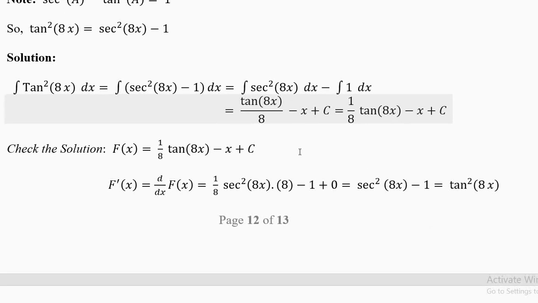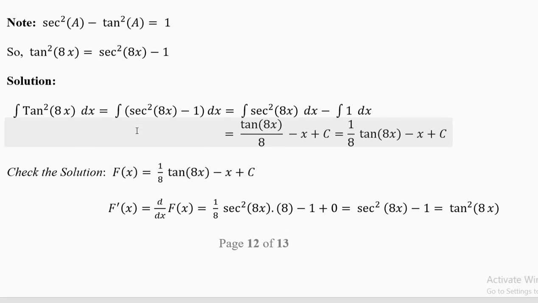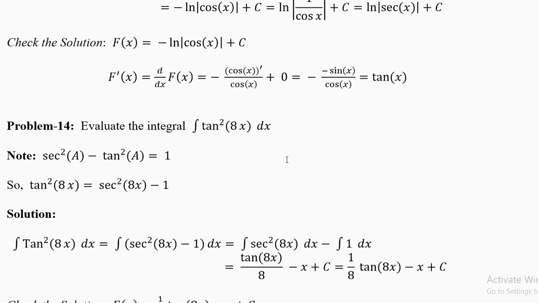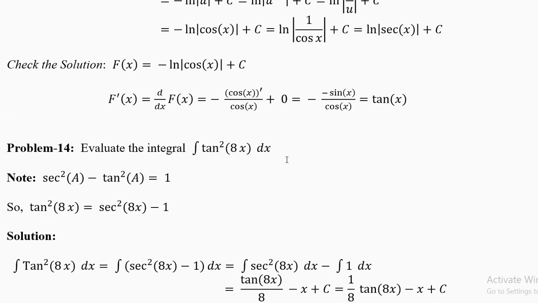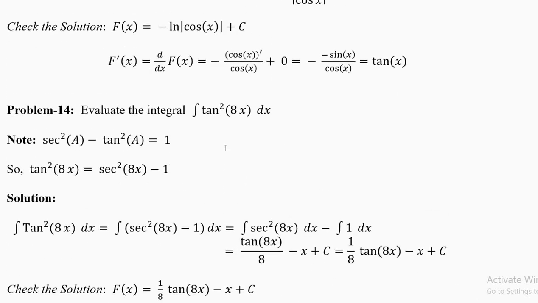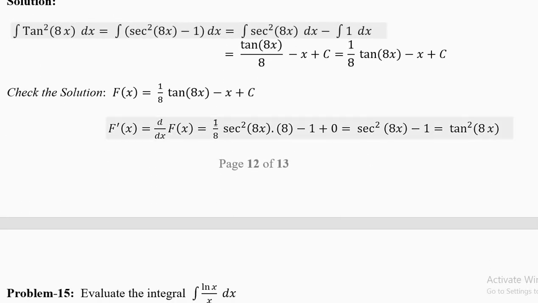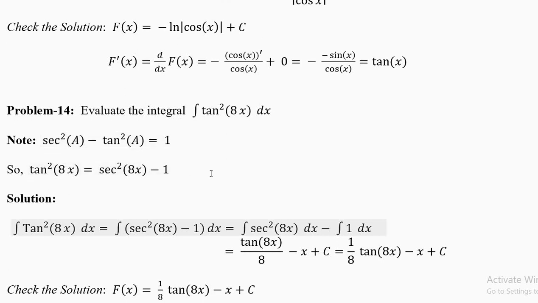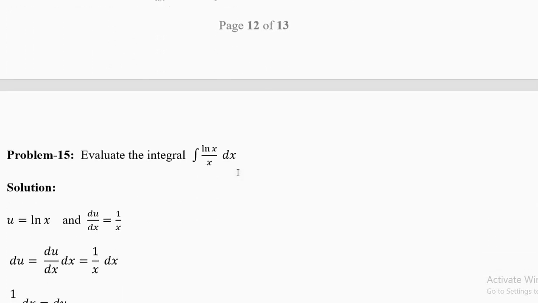Now again, we'll differentiate this answer and check. f of x equal to 1 over 8 tan 8x minus x plus c. We are not using the u method in this, but this question will come in this topic because we are using u a little bit here, but not much. Now you differentiate 1 by 8 secant square. The derivative of tangent is secant square. Derivative of 8x is 8. This 1 by 8 into 8 is 1, and minus 1. You'll get secant square 8x minus 1, which is tangent square 8x. So we don't use any substitution here, but this question normally is put in this chapter.